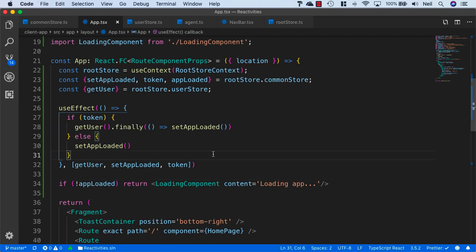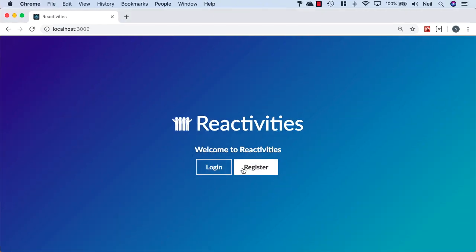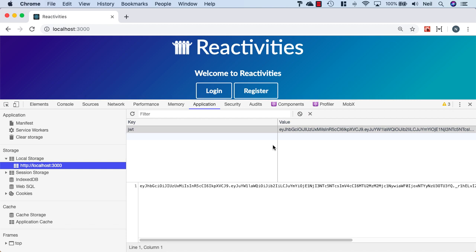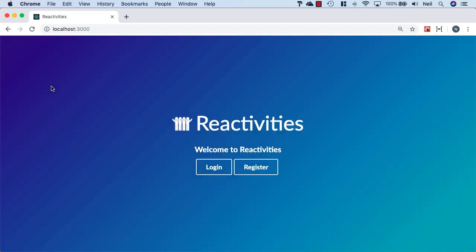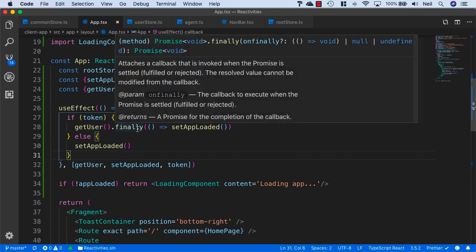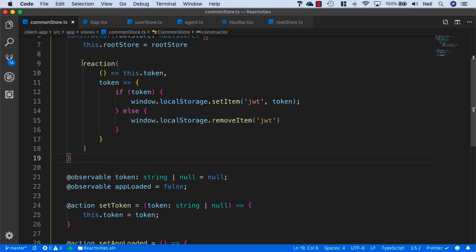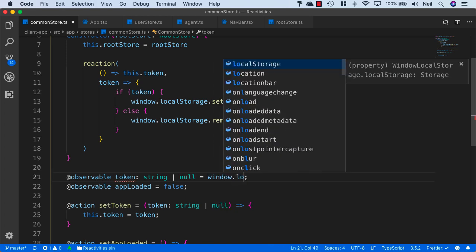And if we go and take a look at our application, not quite working, because if I inspect my application, I've got my token in here, and based on that, this should actually log me in automatically. And if I refresh, I'm still not logged in, so there's a step missing. And inside our common store, we've got our token set to null initially, and what we want to do is we want to initialize this with the JWT,